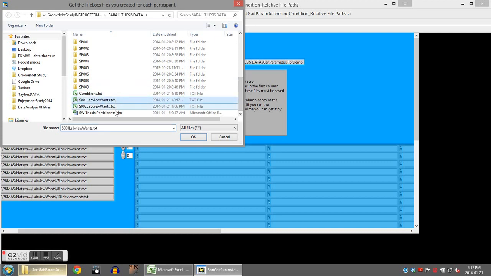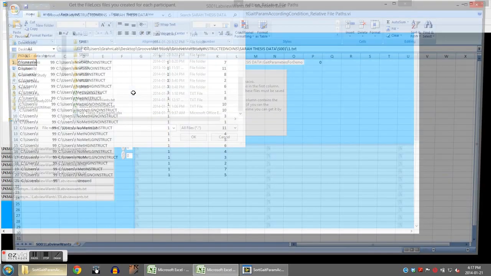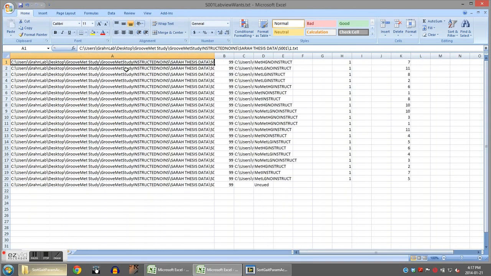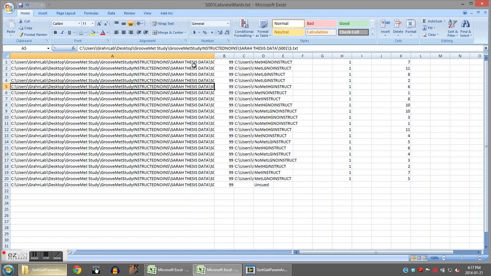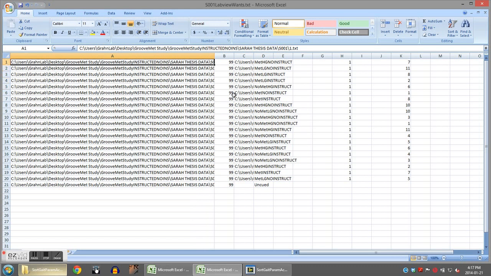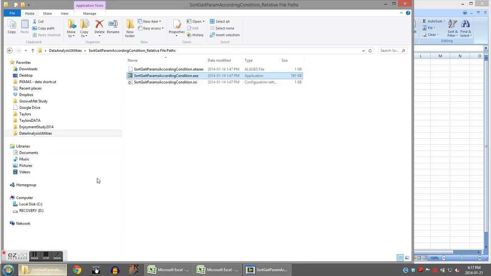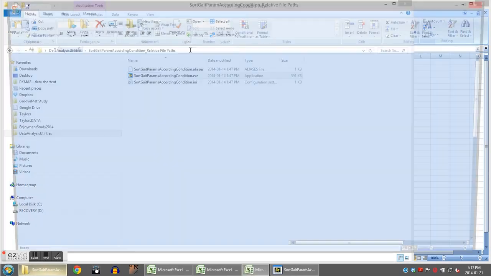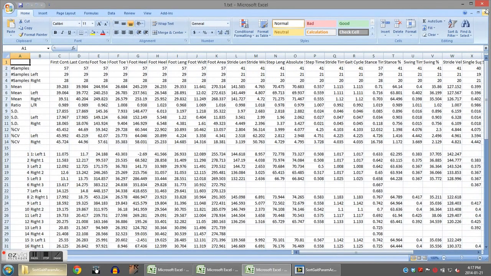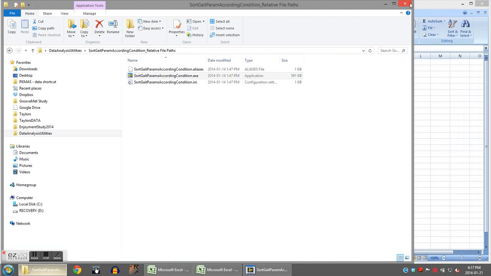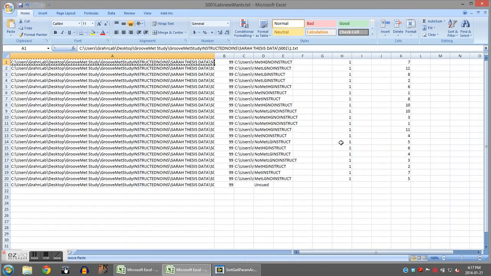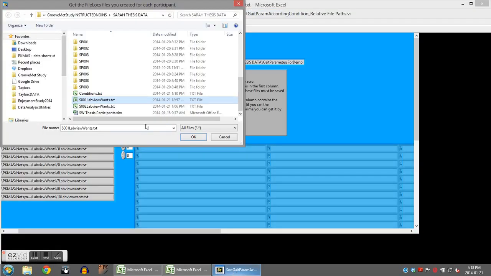So these files, again, if you go ahead and open them outside, you can see that they have the absolute file paths of the individual gait files. So if you go ahead and open that up, you can see that they actually contain all the gait parameters. So this will only work if you've already converted the files from Unicode to ASCII, which you would have done in a previous video. So what you're going to do now is select those two files